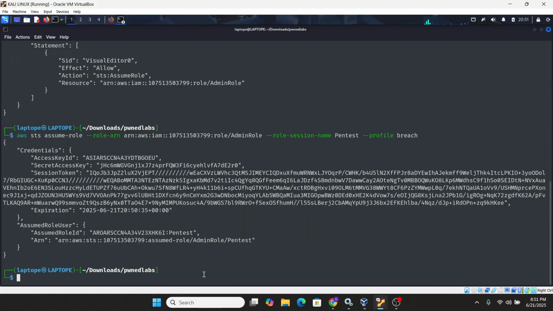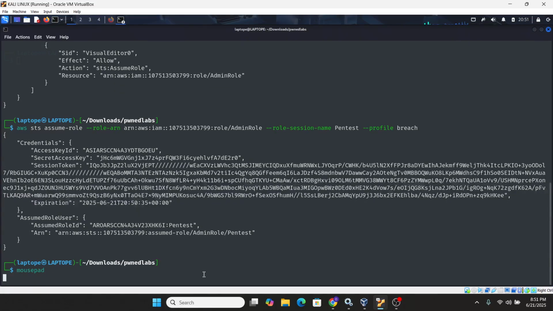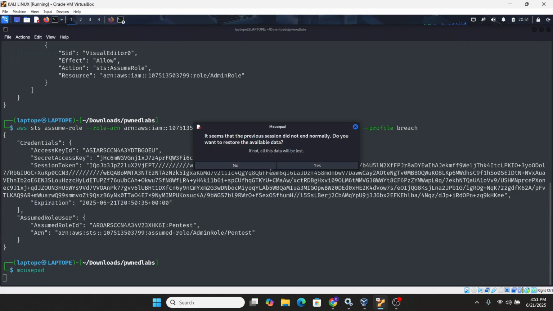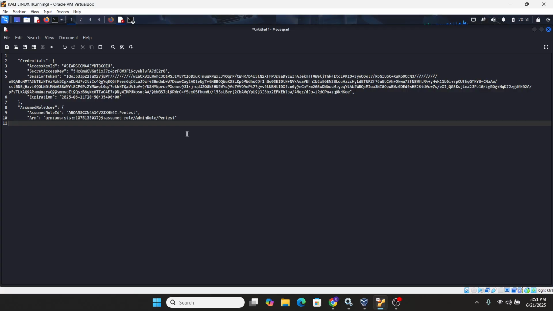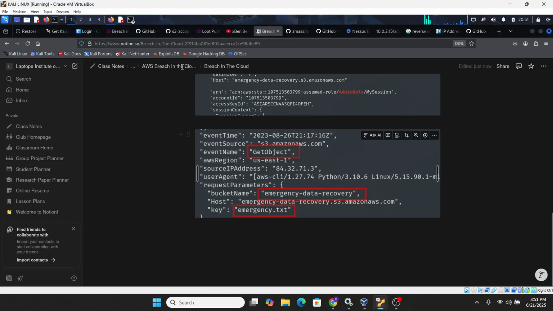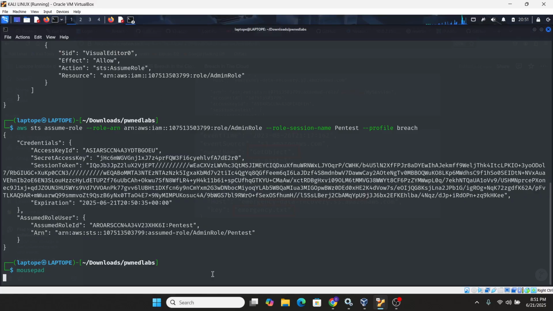Actually, the last time I was trying to do this manually here, I kept running into problems. Paste it here. Now what you want to do is configure this from the AWS credential folder.